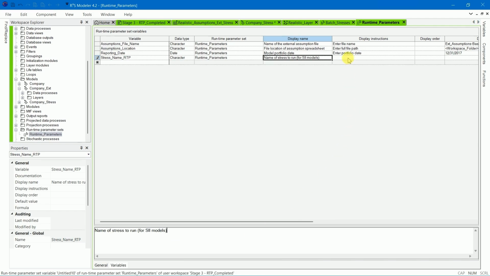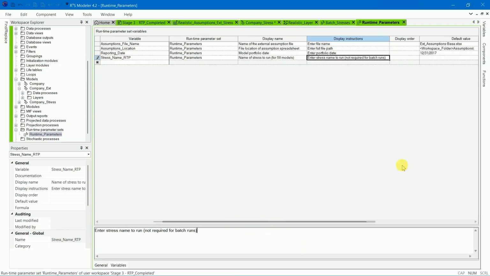The display instruction is: Enter stress name to run, not required for batch runs.